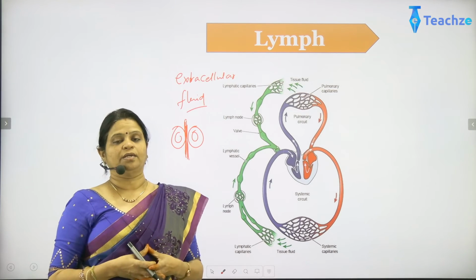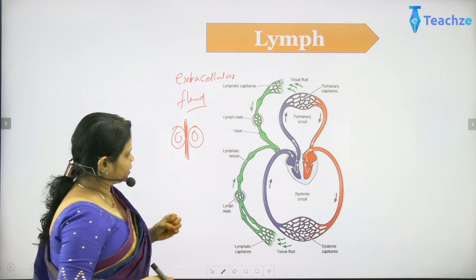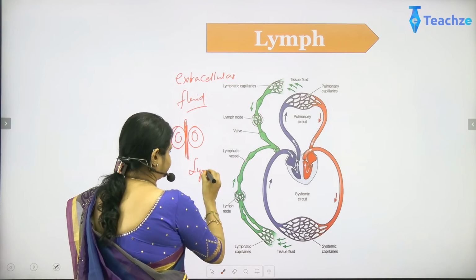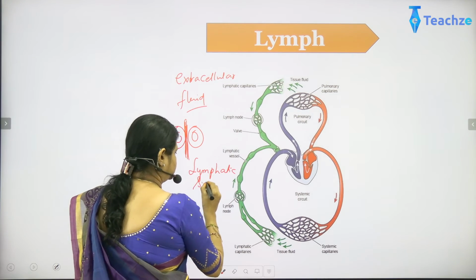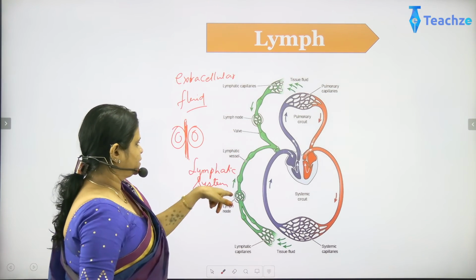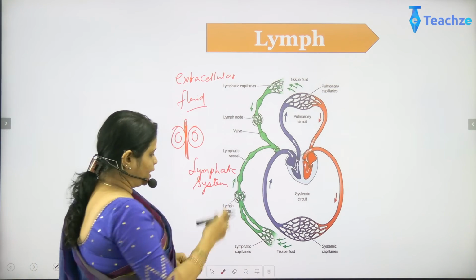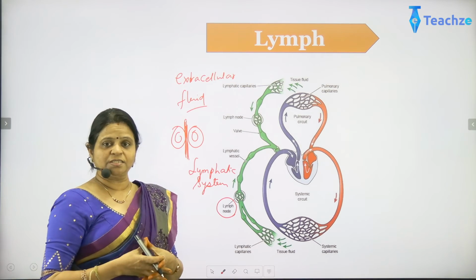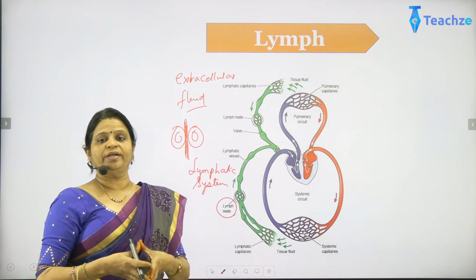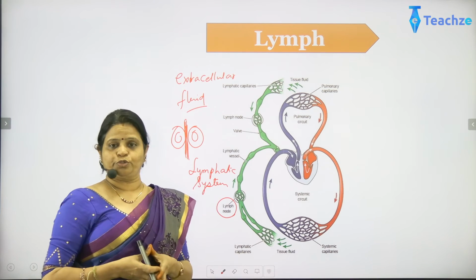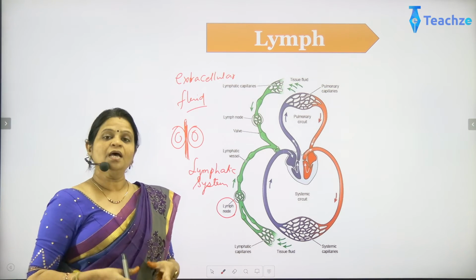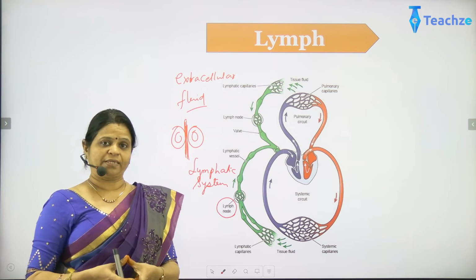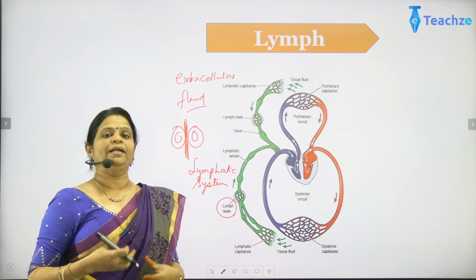Now these fat products are all taken together in a special system. You can see here, now this is called a lymphatic system. So you can see at junctions, the vessels which are carrying the lymph. Apart from that, you have something called a lymph node. Now lymph nodes are the junctions where the lymph is actually stored when necessary. And now what will the lymph nodes do? So whenever you need to fight against diseases, these lymph nodes will release that particular lymph. Because I already told you, lymph contains the special factors for fighting against diseases